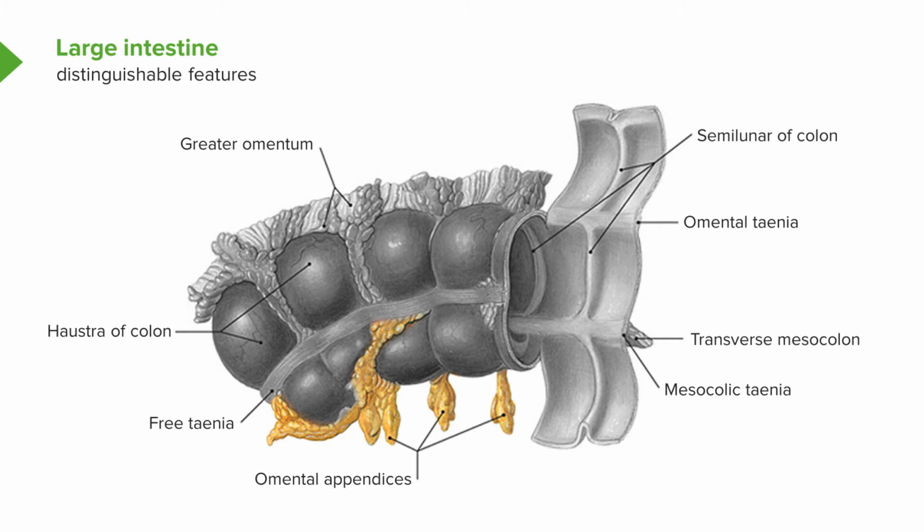You don't find them in the small intestine. They're just attached to the large intestine. These peritoneal sacs that are filled with fat. These are omental appendices. If we open up the large intestine, we can see that where we have these kind